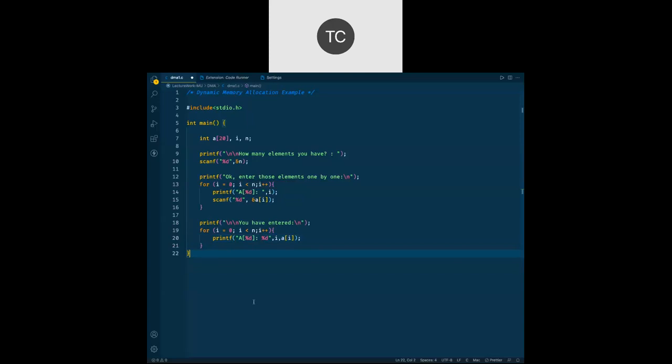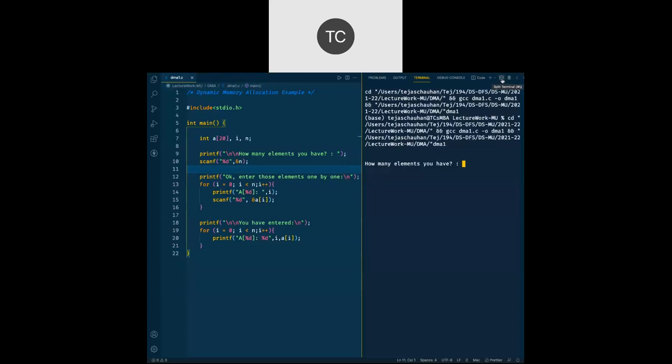Fine. So look, this is the program we write, and let's run this code once and have a look at what the output is. Okay, so I simply save this code, and I'm at this play button on top right corner. I'm just going to click it, so it will run that code here in the terminal itself. So it asks me, how many elements do you have? Okay, I'll say I have only 5 elements. Okay, enter those elements one by one, a of 0. So I'll enter those elements one by one now. And then it will say, you have entered a of 0, 1, a of 1, 2, 3, 4, 5, and so on.